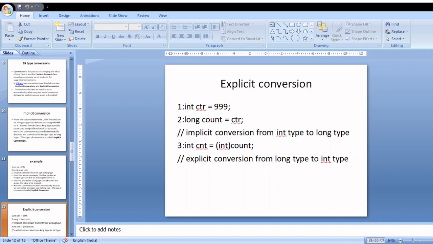Float to int, the size of float is 4 bytes. Decimal to any numeric type, the size of decimal type is 128-bit data type. So these are the conversions that we can make, and this is the syntax, and it's an example for explicit